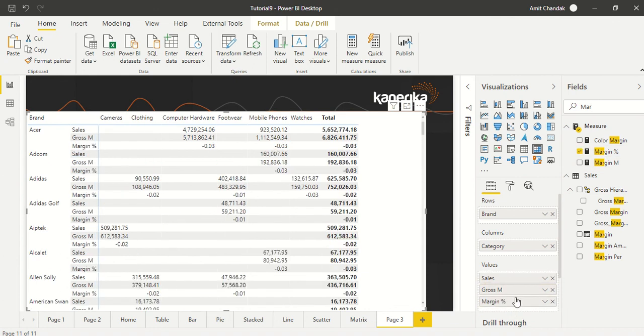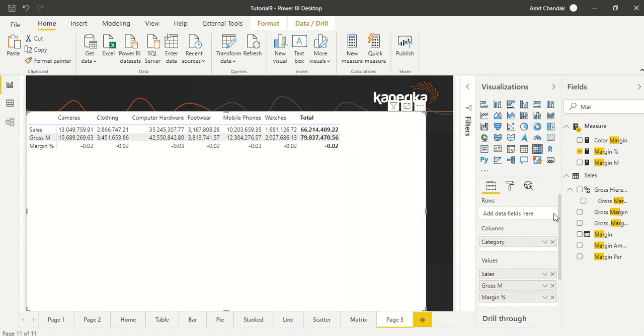Now one more step we are going to take: we are going to completely delete this brand from here. Another kind of view, where now we have measures, and we are not taking any row, we are only taking column. So we have only column display, and there are no rows. The only rows are measures, and this is another kind of display. Now let's do one more step.